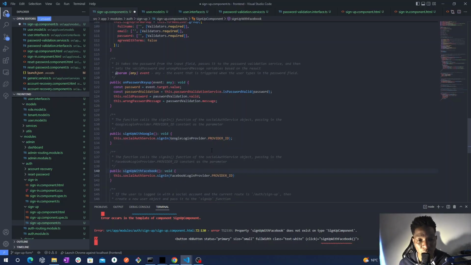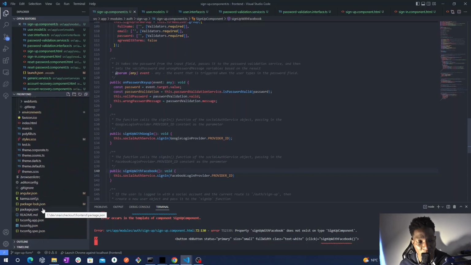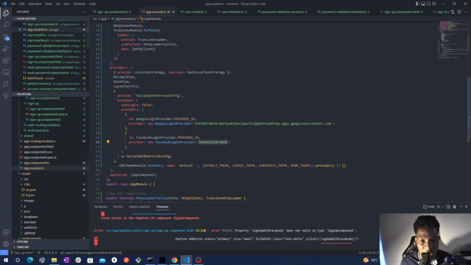So guys, you need to search on Google. As I said, you need to search for a tutorial on Google on how to create your provider ID for Google, and also how you can do that for Facebook. Actually, what I did is a long time ago, and as I say, you can just replace this ID here inside the provider. You can just remove the local storage get Google ID, and also the local storage get Facebook ID, and replace with